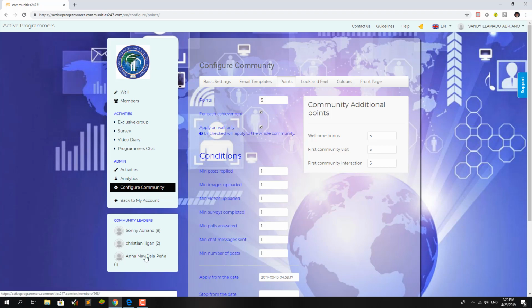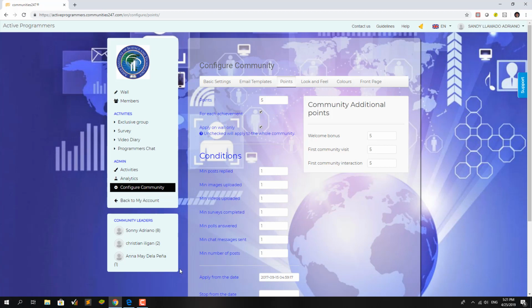As such, you can see this community leaderboard here. It lists all the top performers or top contributors from the community. As you can see, we have here this person having 8 engagements or participations, including the posts and replies, polls answered and surveys answered. And the top 3 among the members are always listed in the community leaderboard, thus making them feel recognized, with a feeling of belongingness to their community.